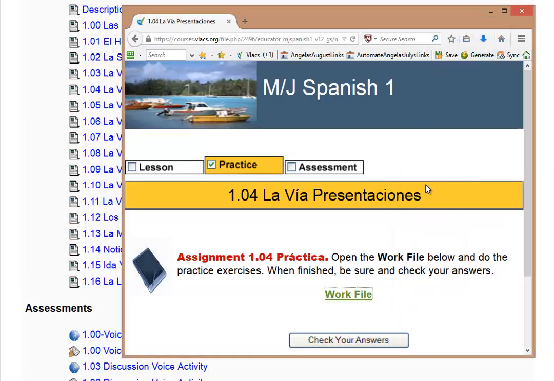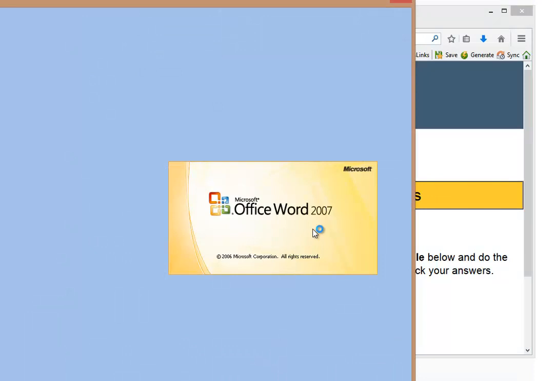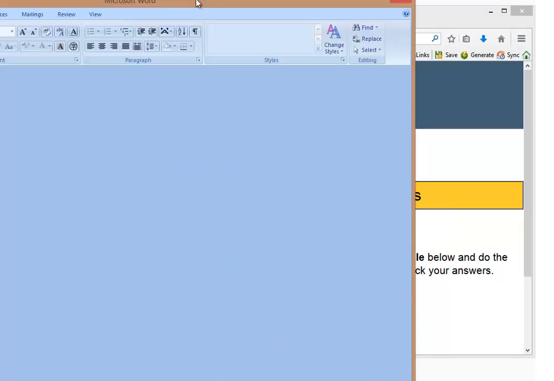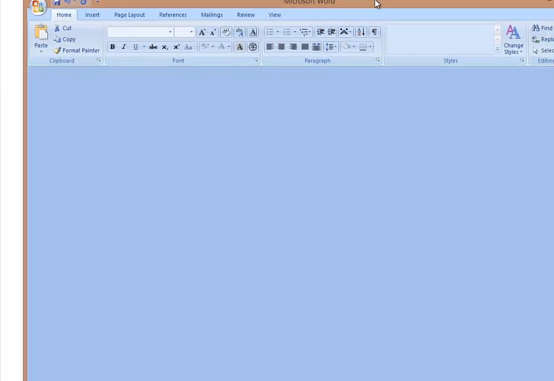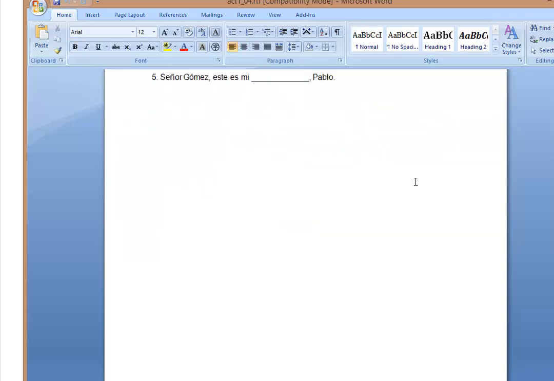If you can't print it out, that's okay. You can use a piece of paper, and you can write your answers down on a piece of paper. But what you want to do is you want to go through the work file to see how much of the information you have mastered. So you'll see here in this work file,